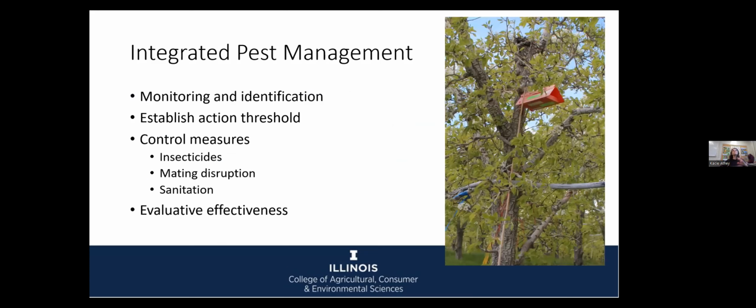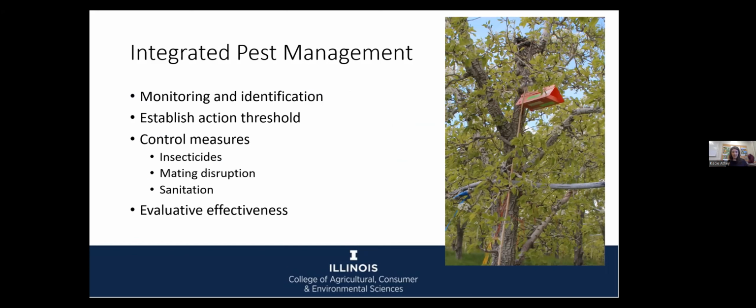So IPM, that's the concept I just talked about, and IPM strategies actually follow a specific set of steps. IPM tends to be a more targeted approach than just taking a broad spectrum insecticide and spraying it on a calendar basis. And so, as the title of this suggests, something very important here is the monitoring and identification